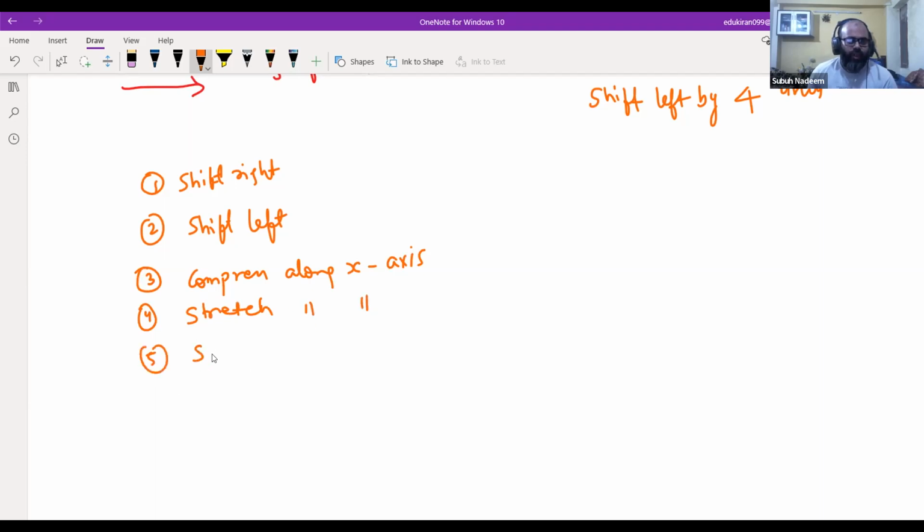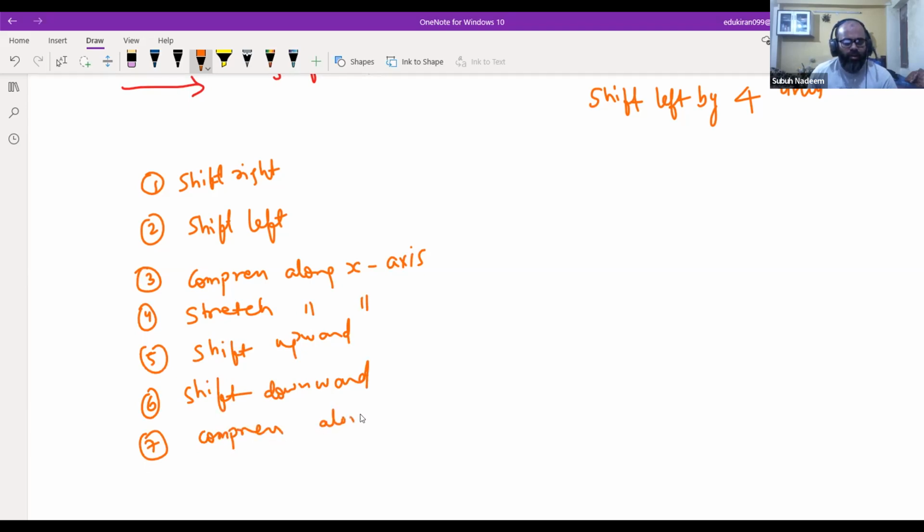Then there is shifting upward, and there is shifting downward. And there is compress along y-axis, and there is the 8th thing, a stretch along y-axis. Finally,